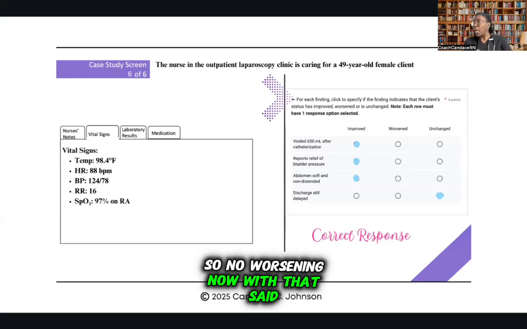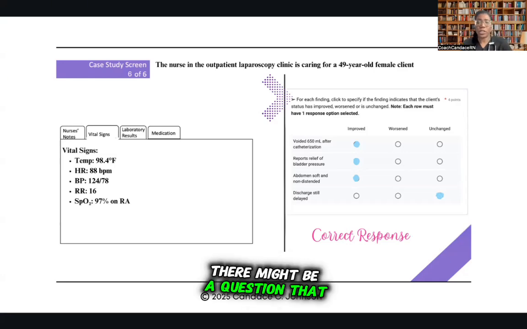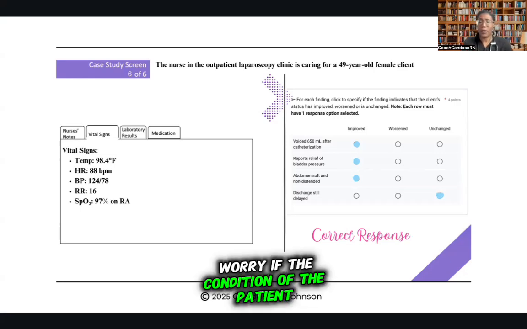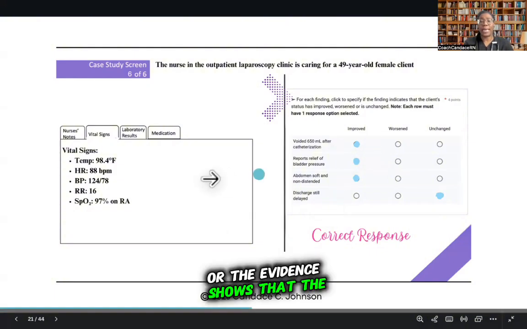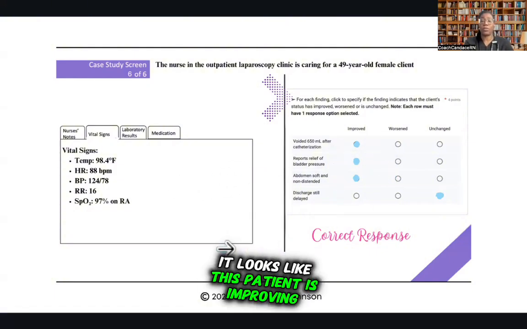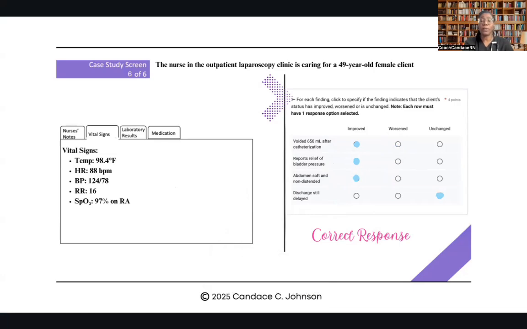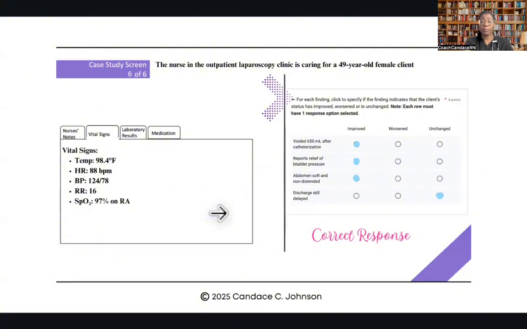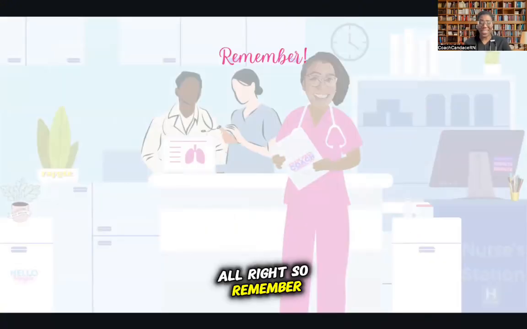All right. So no worsening. Now, with that said, there might be a question that you would get where the sixth screen has some worsening, and that's not a reflection on you as the nurse or the test taker in this case. So don't ever worry if the condition of the patient or the evidence shows that the patient is worsening. It looks like this patient is improving. All right, based on the new information here. Right. All right. So remember,